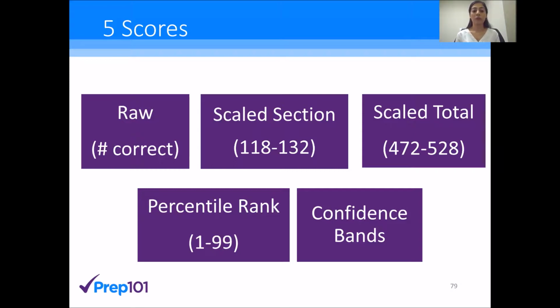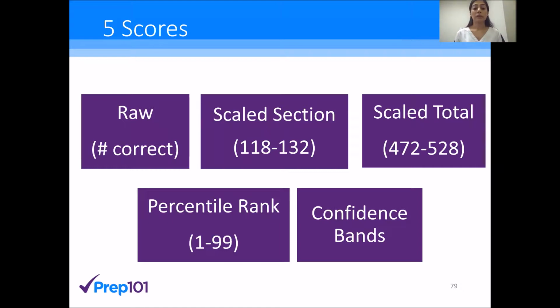Okay, now the raw score is something that you'll never see, and it's not on your score report. The only purpose is for the AAMC and no one else, not you, not the medical schools that you apply to, or the application service through which you apply, will ever be able to see your raw score. It's not made available to test takers.